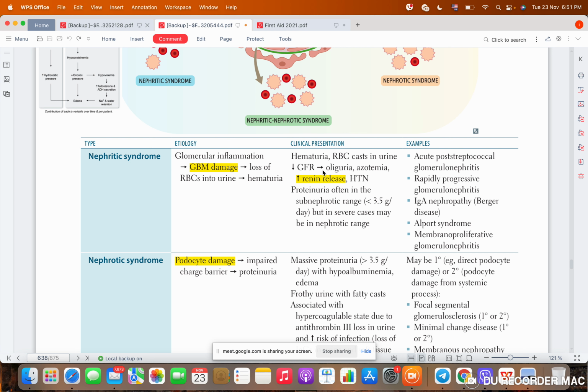So what are they saying here? They basically are telling you that nephritic syndrome can become nephrotic syndrome. It can change. So, what are examples of nephritic syndrome? In nephritic syndrome, remember, the main thing was blood in the urine. So, for example, acute post-streptococcal glomerulonephritis, which is a condition I will tell you about soon, in which the patient,